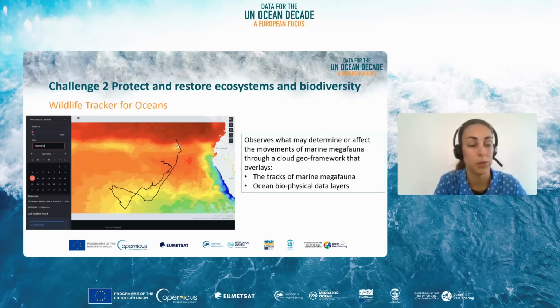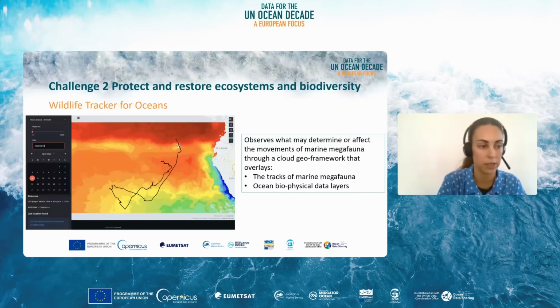Conservation organizations and policymakers can use these insights to develop initiatives to protect endangered marine species and assess the effectiveness of marine protected areas. So this software retrieves live data from Copernicus satellite for ocean biophysical data, such as sea surface temperature, chlorophyll A concentration, and zooplankton.